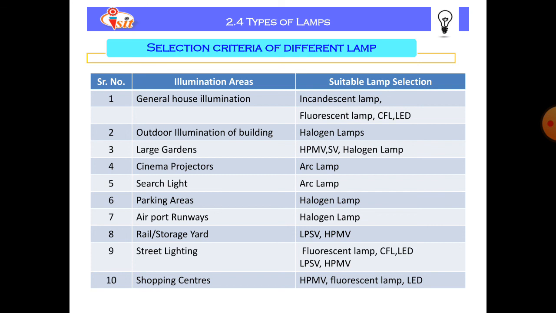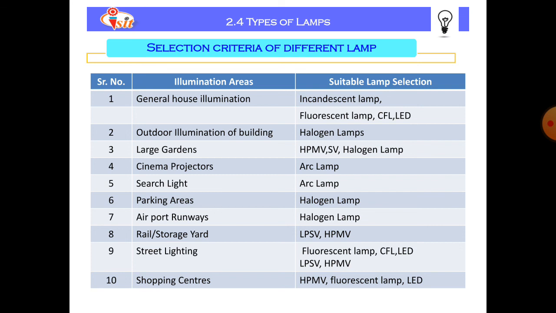Then for the street light we can use fluorescent lamp, CFL, LED, low pressure sodium vapor lamp or high pressure mercury vapor lamp. Then for shopping centers or commercial premises we can select high pressure mercury vapor lamp, fluorescent lamp or LEDs.